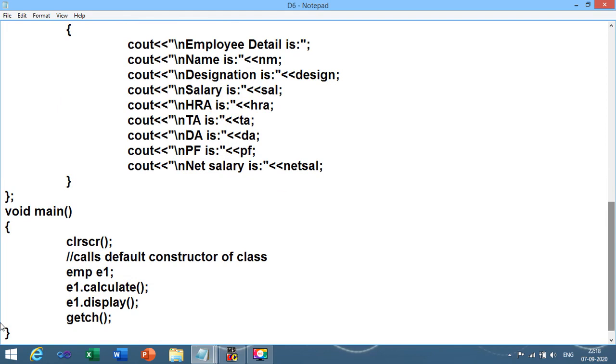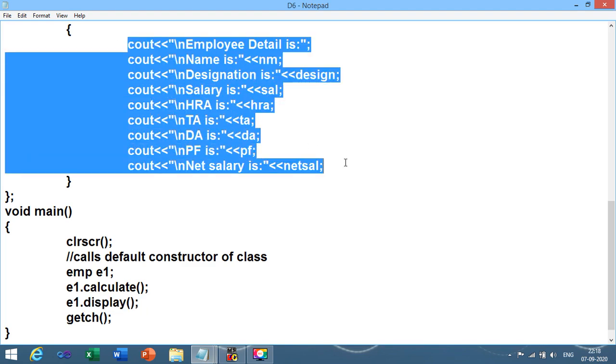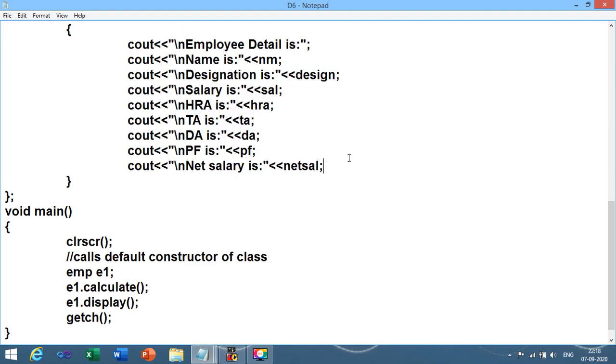After that I need to call the calculate method with the help of the object E1. After that it will call the display function. Inside display we have written the code to display the calculated values. So this is all from my side.